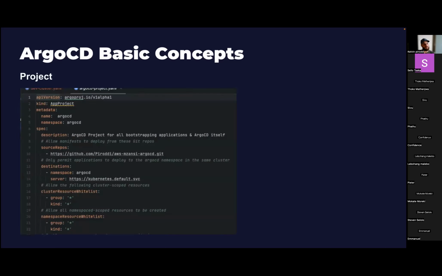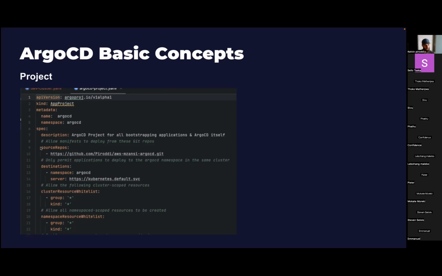And then another basic concept is a project. A project is basically just a grouping of applications. So you can think of all applications belonging to a project. And this is very good if you want to work across teams. As the DevOps engineer, you're going to supply your developers with an ArgoCD and allow them to deploy their applications. But obviously you don't want to give them free rein over the cluster. You don't want them to be able to clone from any single open source repository. You want to confine them, and you want to split teams into different projects and so on. So that is what a project is.